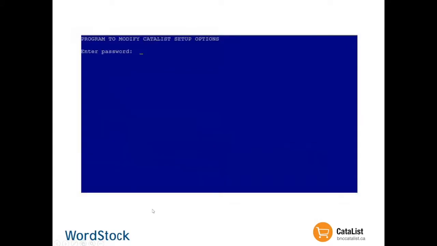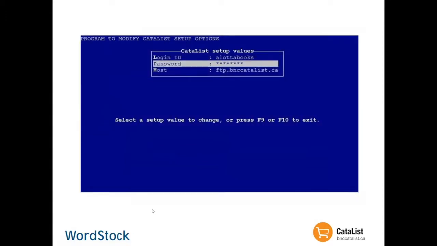In order to do this, you will need to have your password for WordStock in order to proceed and make these changes. So once you've got that, you've gone through to your password, those setup options that you had, the FTP options that you set up on the CataList side, so your folder name and your password, you need to enter those here. If for whatever reason you can't remember what you set up, contact us on the CataList